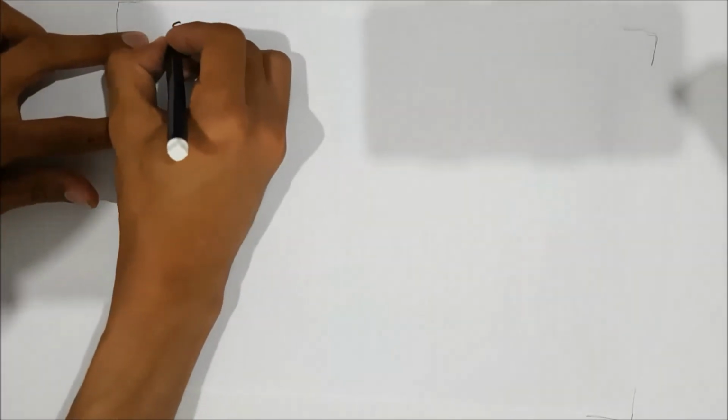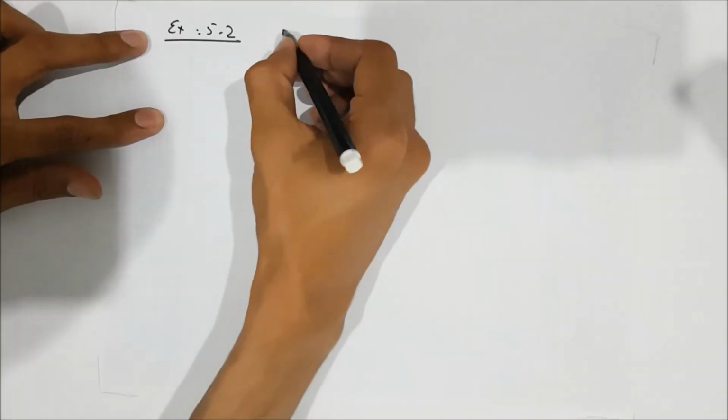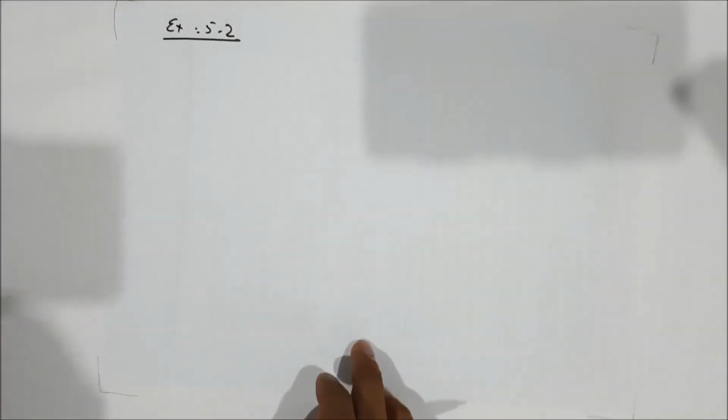Okay, so this is example 5-2 of your Mazidi's book. In this example, it is stated that the file register RAM locations 40 to 43 hexa have the following hexadecimal values. Write a program to find the sum of these values, and at the end of the program, location 6 of the file register should contain the lower byte and location 7 should contain the higher byte of the sum.